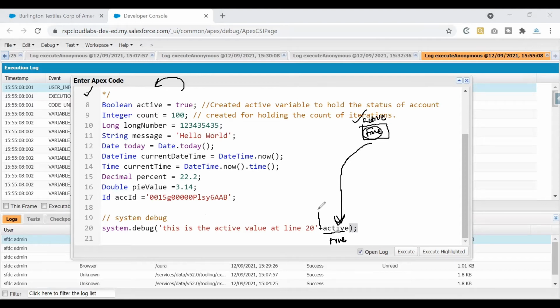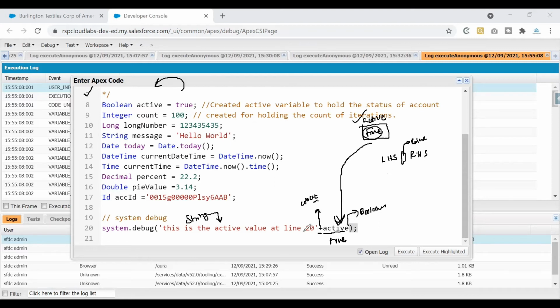What is this plus sign that I've used here? If you see here, this is a string. A string is enclosed in two single quotes. So this is a string and this is a Boolean value, a Boolean data type. I'm gluing them together with an operator called the concatenation operator. This plus sign is acting like a concatenation operator. What is the job of this operator? It acts like a glue and combines the left-hand side value with the right-hand side value.